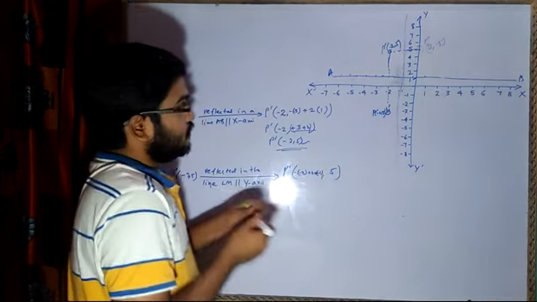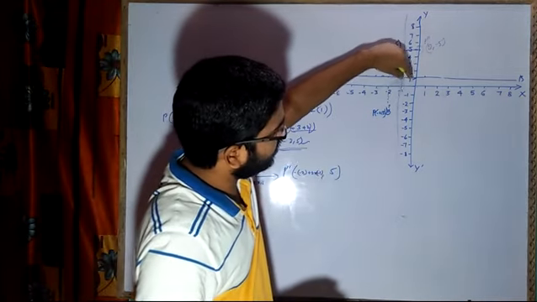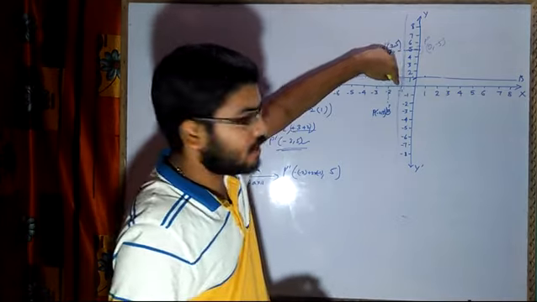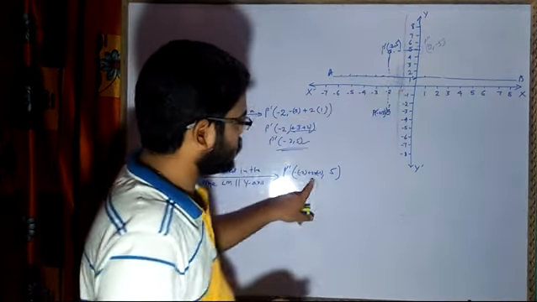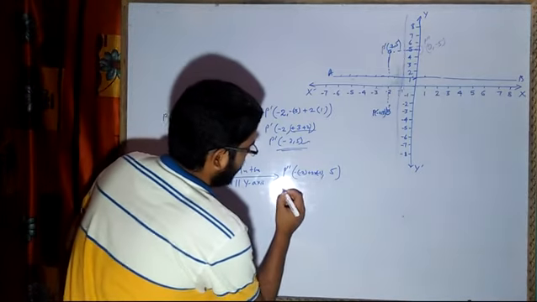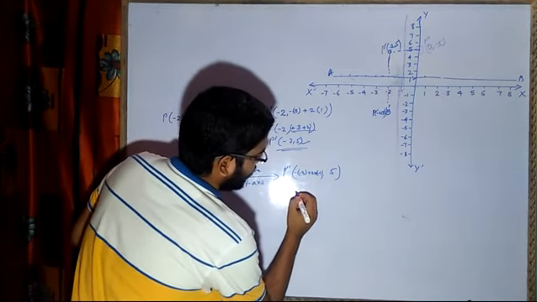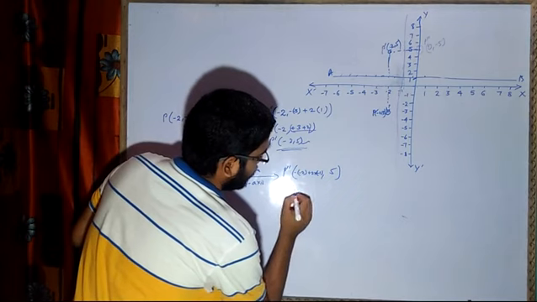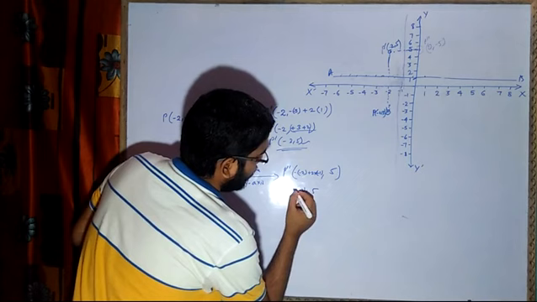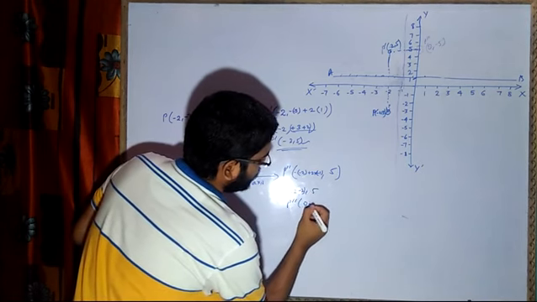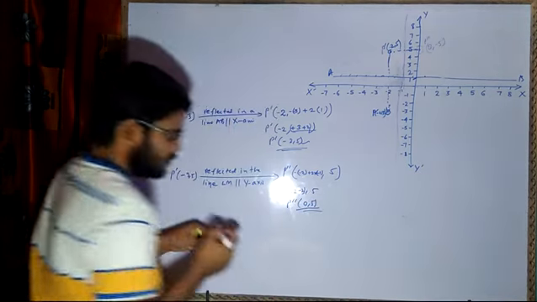Correct? Why? Because this is on the negative side. The value of a is minus 1. Here it was plus 1. Because of this plus 1, here minus 1. So I have to write minus 1. So it will be like p double dash is equal to plus 2 minus 2 comma 5. Right. So this will be p double dash is equal to 0 comma 5. So this will be your answer.